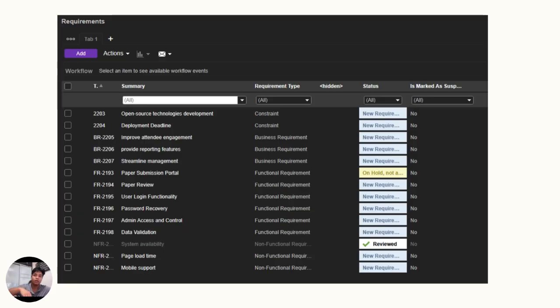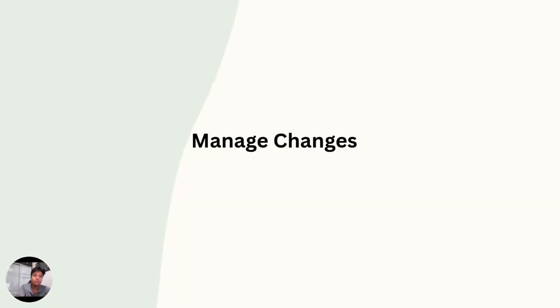There is a page there about requirements only. Then this is the page. You can see all the requirements. So if you want to manage changes, for example, you want to change something after we have done the review with the stakeholders, and